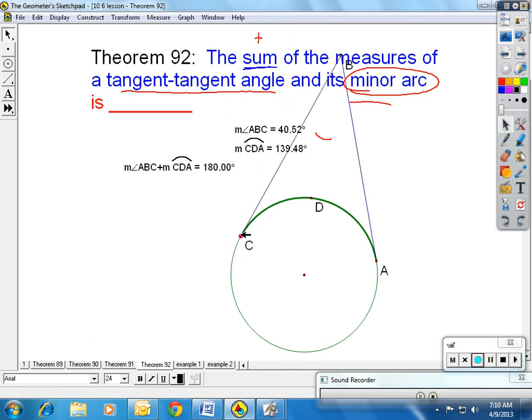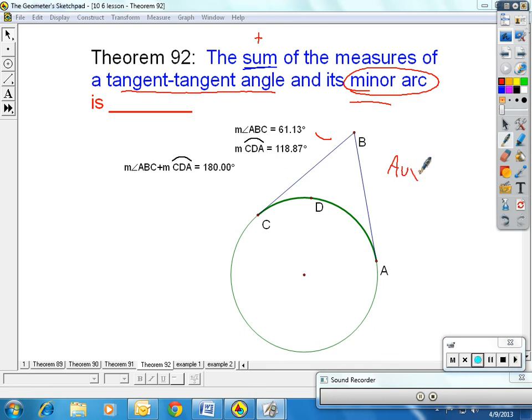180 degrees. As my arc gets large, my angle gets small, and as my angle gets large, my arc gets smaller. So I still have a sum of 180 always. Well, why is this? To think through the deduction here,